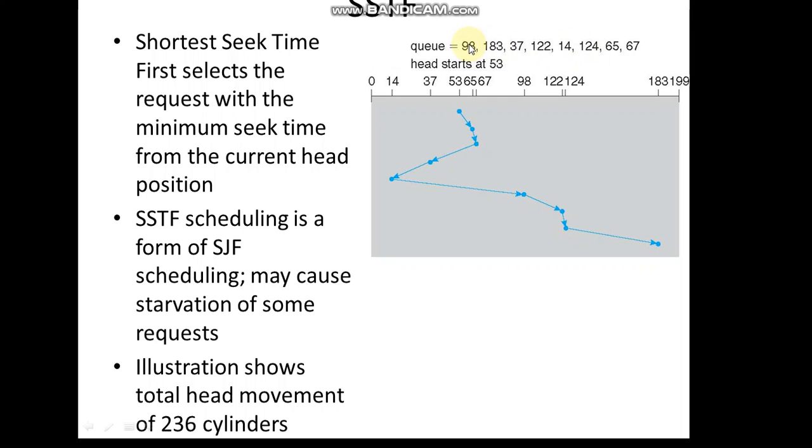The smallest difference among these is for 98, when we do 98 minus 14. So it will go to cylinder 98. From there it will go to 122, and 124 is nearest to 122. Then lastly it will go to 183.